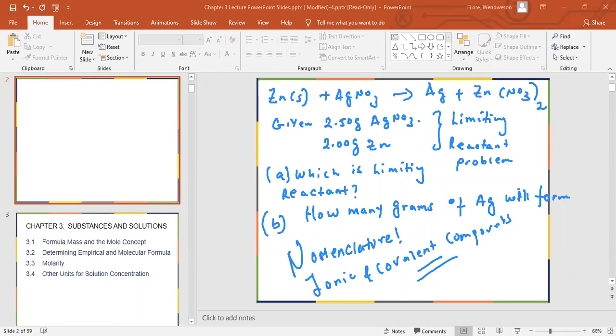Think about this. Why does calcium have +2? Why does chlorine have -1? And why does sodium have +1? This is related to a lot of things. This answers a lot of questions. Calcium has a charge of +2. First of all, just by looking at a plus sign, I can tell it's a metal. It's a metallic character. And a +2 also tells me that it's in group 2. If it is group 2, it's going to be an alkaline earth metal.